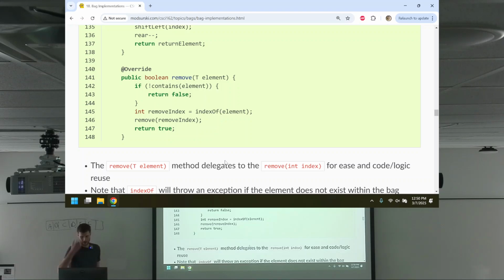Well, this one does what we just did, but it does a little bit of extra stuff. We're going to call this contains method that we haven't written yet, but we'll write it in a moment. Contains is going to return true or false, whether or not that element even exists. If it doesn't exist, return false, right? It doesn't exist. Can't remove it, fine. You might say, should it maybe raise an exception?